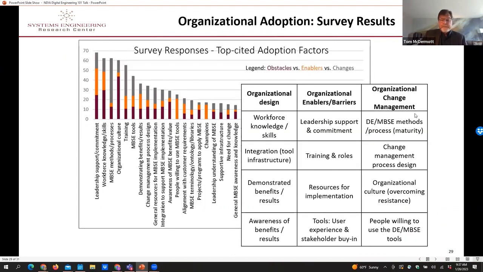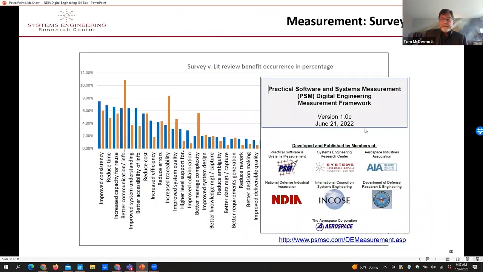We also looked at adoption. I won't go through the details of this, but the adoption model for this is like any digital transformation, fairly complex, and we need to trade lessons learned between programs. And finally, we took all of that into what do I measure? We actually released as a community mid last year the first digital engineering measurement framework through the Practical Software and System Measurement website. So we're getting to the point now where this can be a practice that's measurable and be adopted over time.